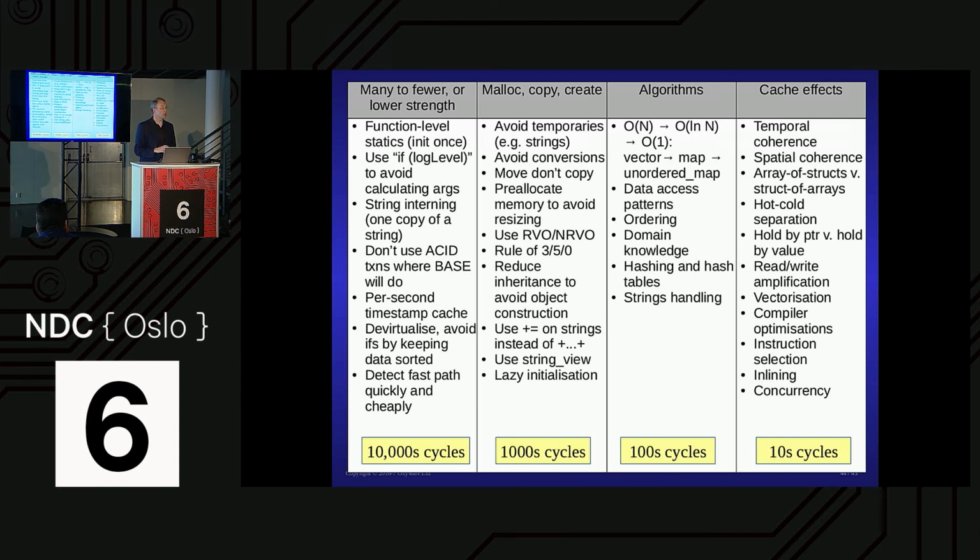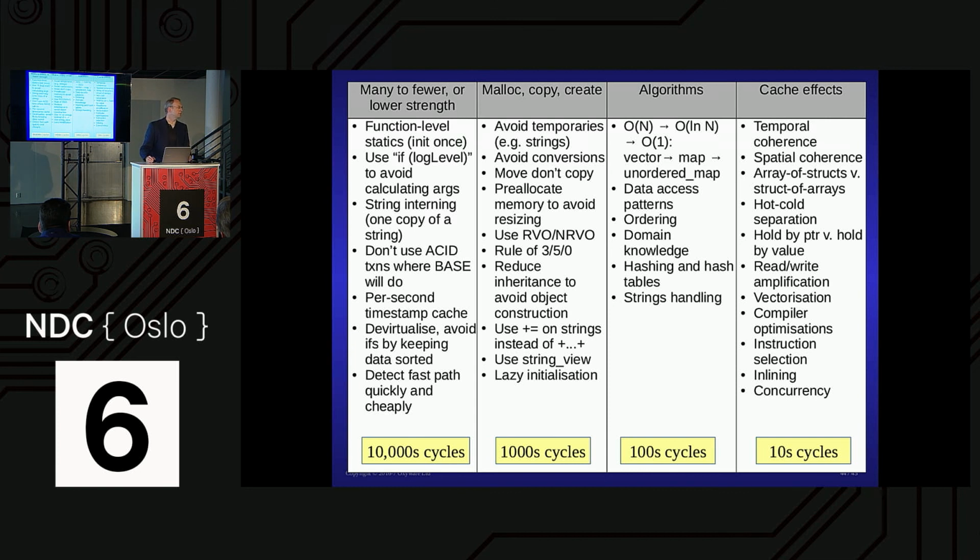Devirtualization. You can devirtualize your calls by using the keyword final, for instance. In C++11, if you have virtual calls and a pointer to that one, and you say final, then the compiler knows that there cannot be anything below that, so it doesn't have to do the virtual call and can therefore inline it. And that then says inline here, inline in there. So final on the edges is safe, because if you try to inherit from it, it won't let you, and you'll find out at compile time. So use of final can help you there.